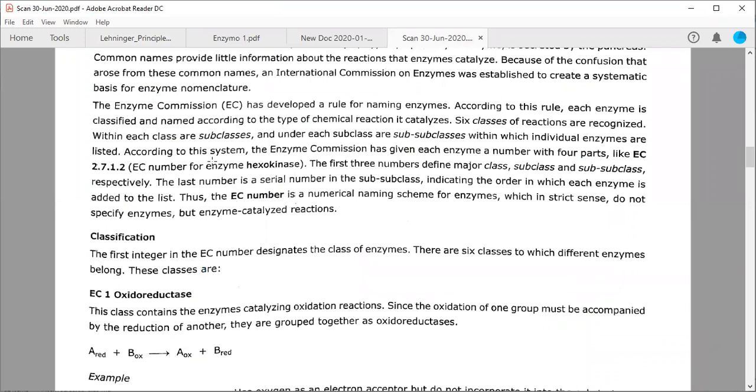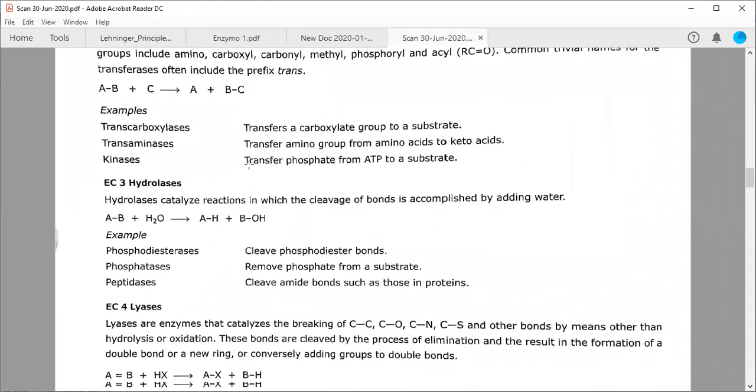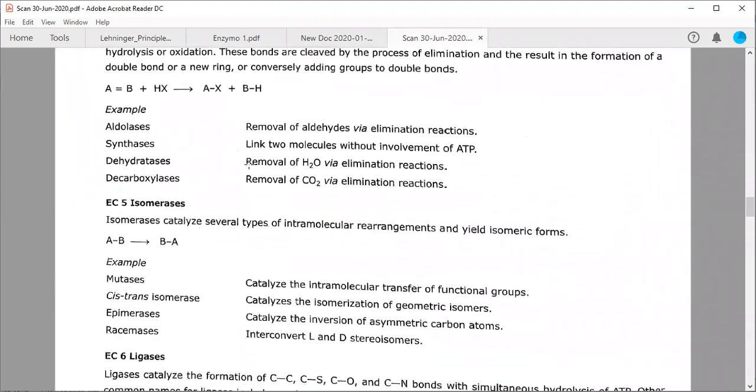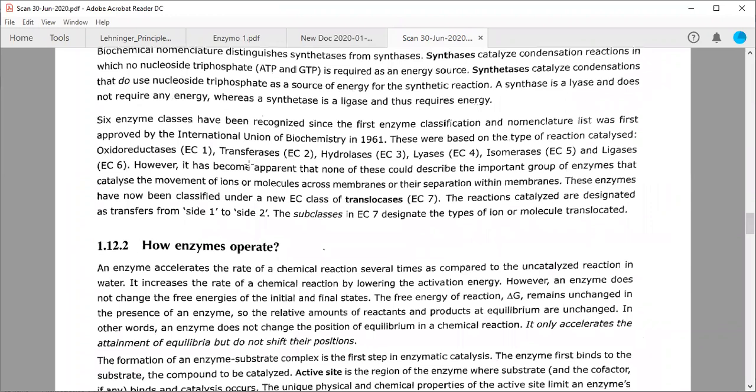The seventh class number is given to some specific enzymes which are called translocases. We know all the six classes, but it became apparent that none of these could describe the important group of enzymes that catalyze the movement of ions or molecules across membranes and their separation within membranes. So scientists had classified almost each type of enzyme in these six classes,